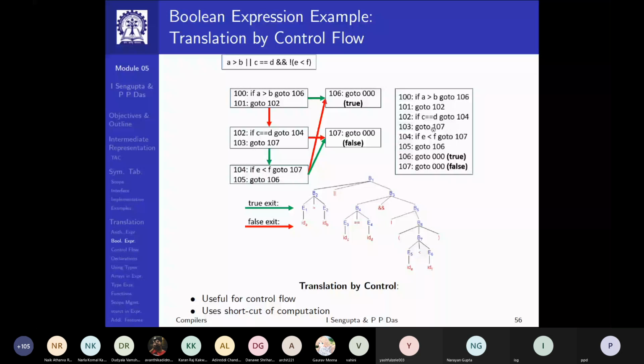So how about if you flip this condition? If you flip the condition, instead of saying C equal to D, if you say C is not equal to D, then this becomes 107 and this becomes 104. And as soon as this becomes 104, this becomes a fall through, like the previous case. So you can do C not equal to D and have jump to 107.